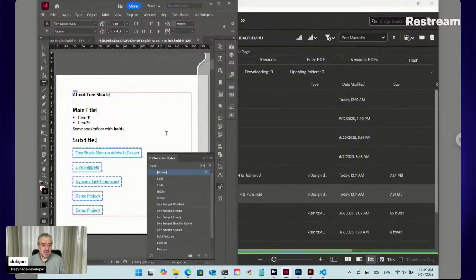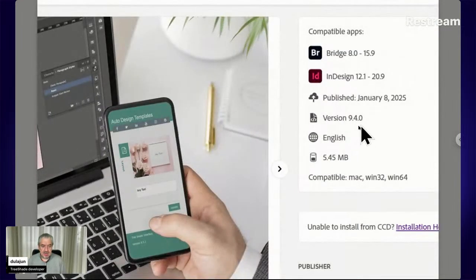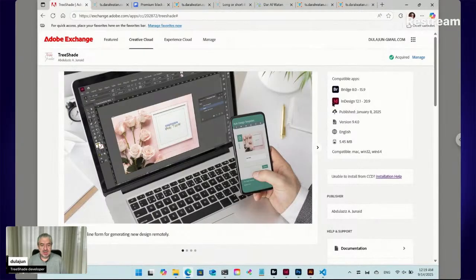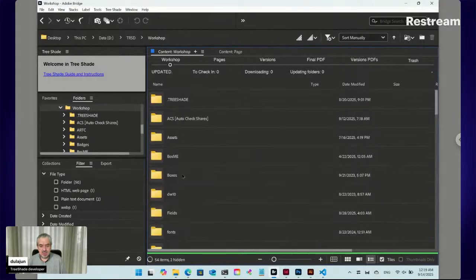I have uploaded the new version for TreeShade. The current version here is 9.4.0. I have uploaded 9.4.1, but it's now under review by Adobe teams. If they accept the current version, it will have a problem in this markdown. So you need to go to initial,